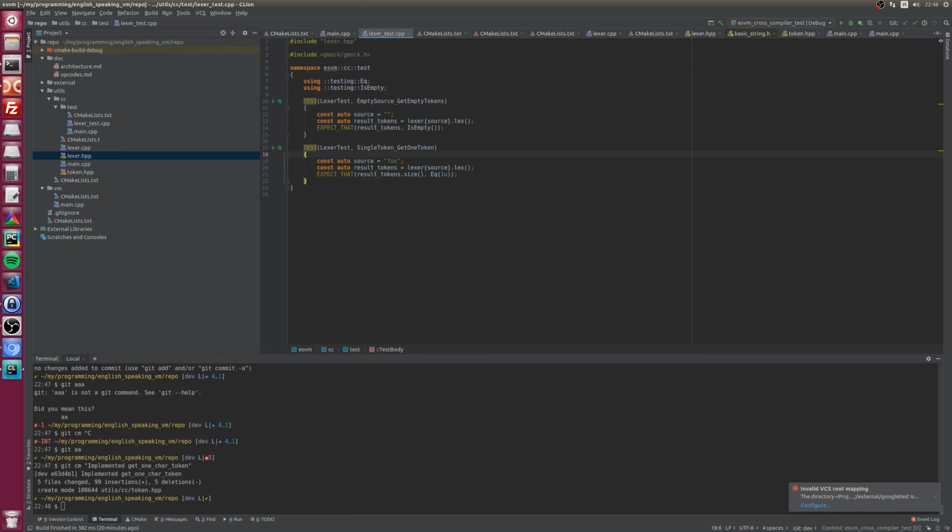So yeah, let's do that. One char token. What do I need now is test state. Or no, yeah, I don't remember this that much.